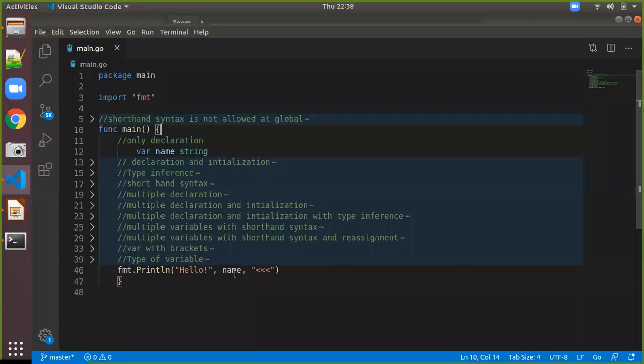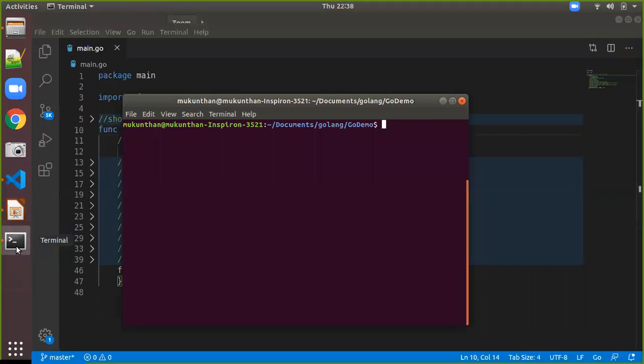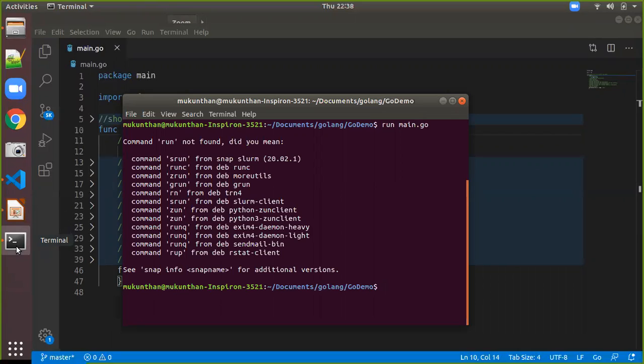Hello, and the name variable value will be printed here and then arrow marks. I purposely put the arrow marks here just to see if you have some null values or spaces. Just go to the same terminal and we will execute go run main.go. Sorry, I missed the go here. So go run